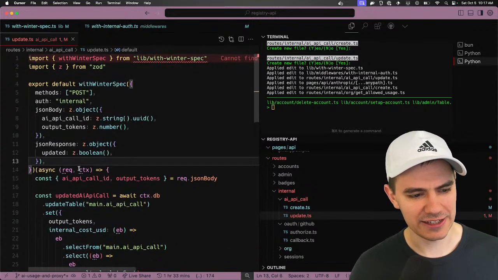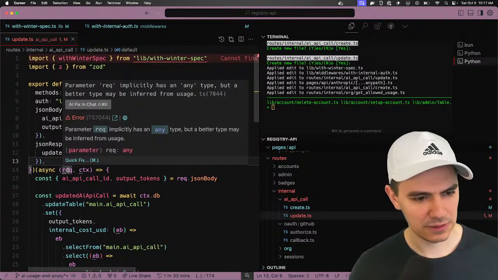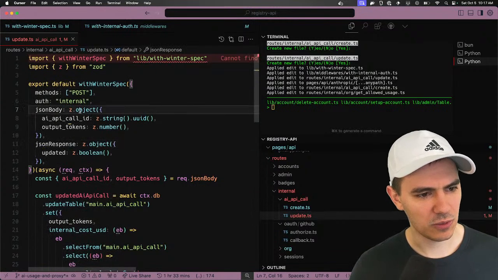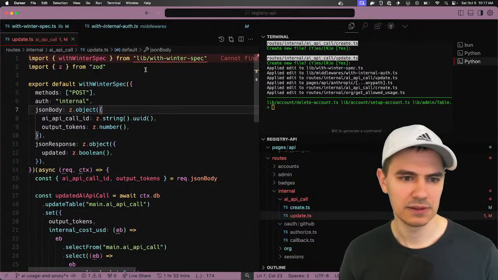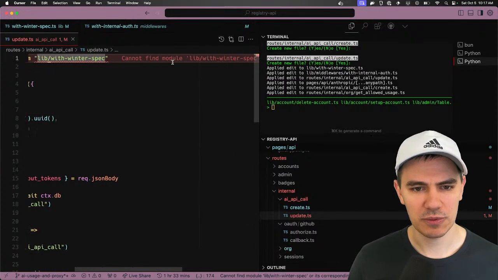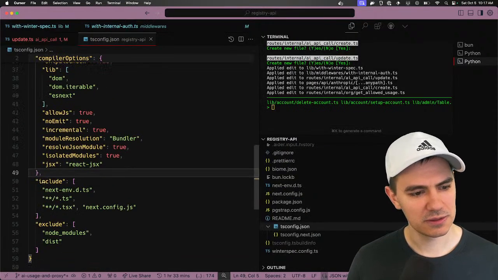Also, we have a bunch of any types here, which is super concerning. So I don't know why we have any types. lib/with winner spec. Oh, is it an issue with the TS config maybe?